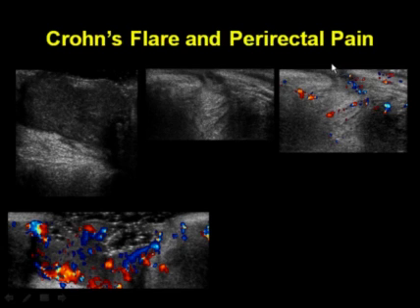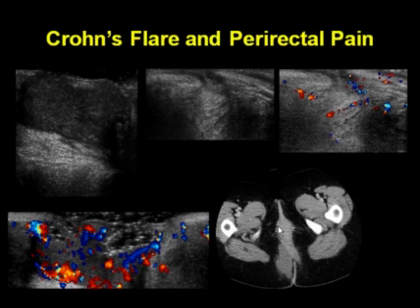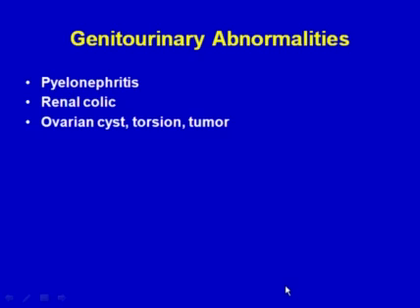There is some hyperemia surrounding the tract with color Doppler, and here we see a CT scan that shows the rectum with this fluid collection extending directly into the wall of the rectum, and a portion of it extending out to the anus, into the intergluteal cleft, as you can appreciate here.